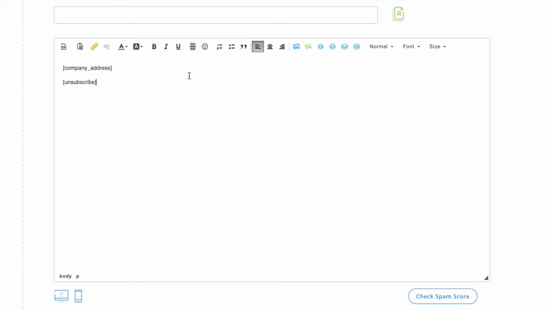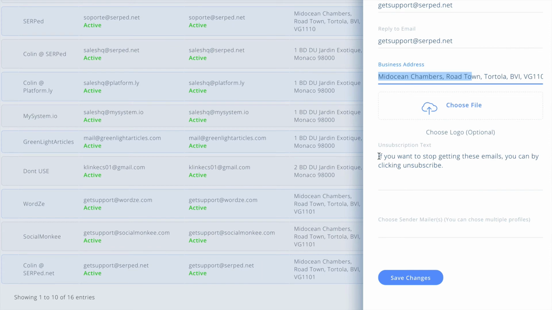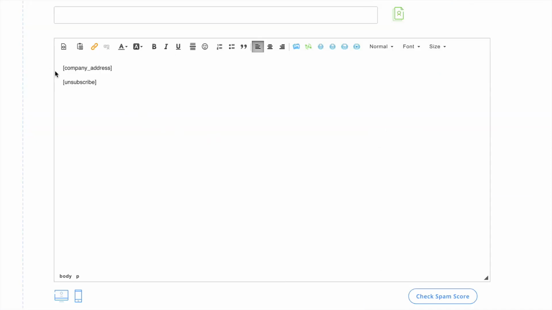So it's good to have a description as well. Normally in the footer, as I said, we paste this. So if you want to stop getting these emails, and obviously you can modify this and put what you want as long as you're using the word unsubscribe or something like that, or click here so that we can hyperlink that. But if you want to replace that in your design, if you have like a nice company template or something like that, you can just use these two tags where you want those to show, and then we won't show them repeated in the footer.